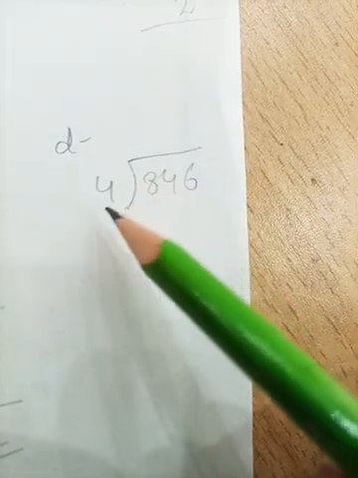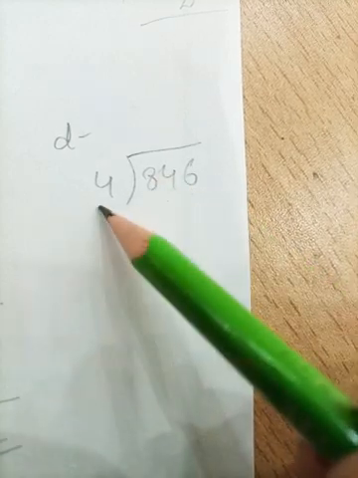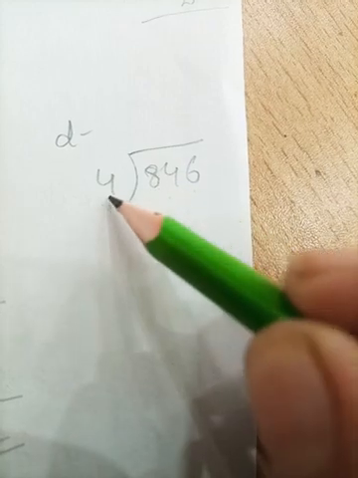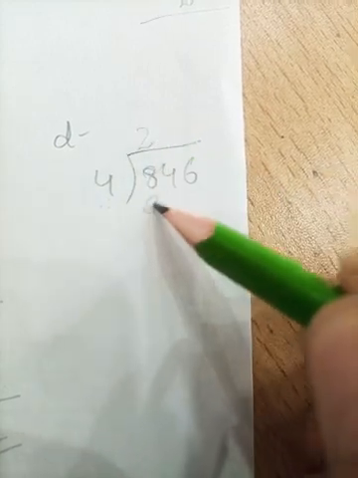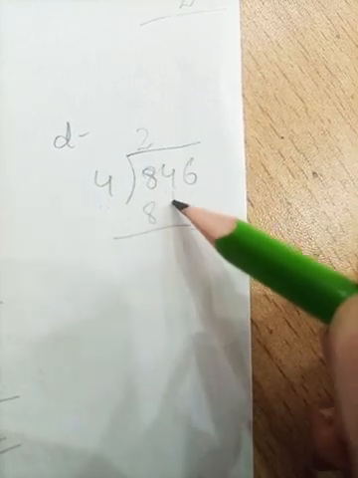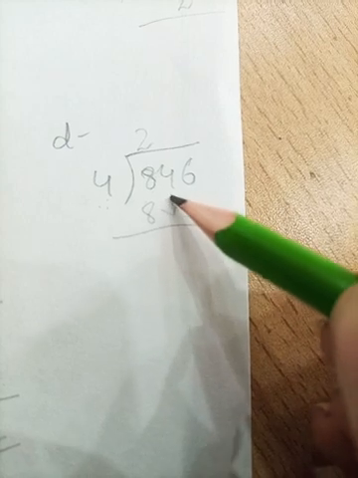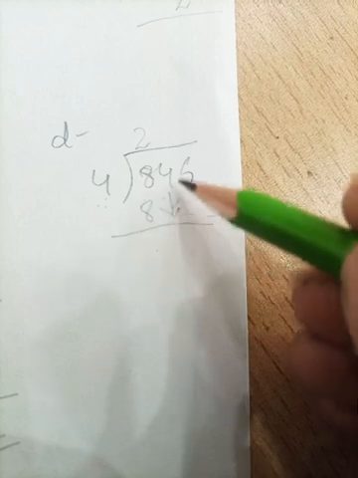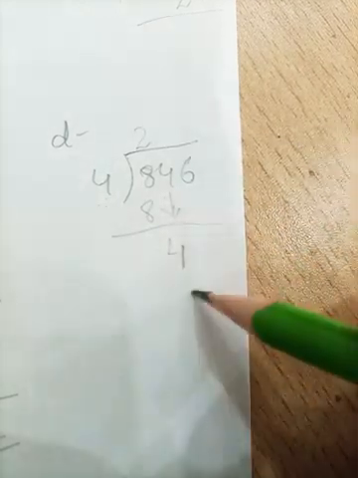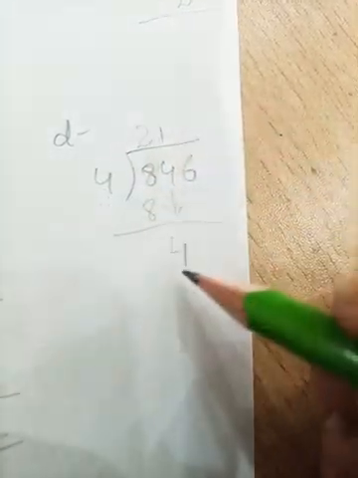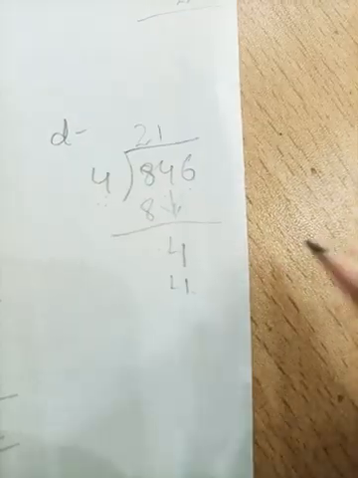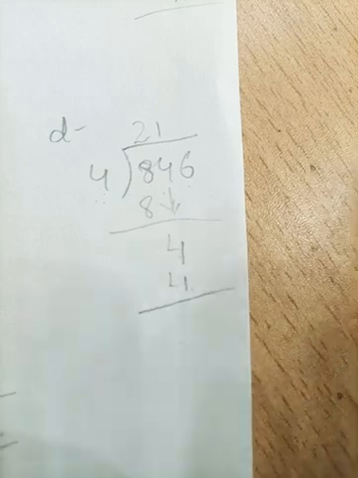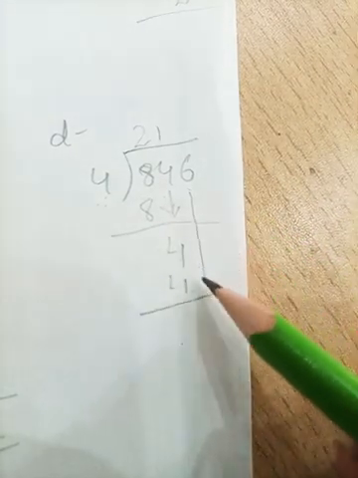In part D, we are going to divide 846 by the number 4. Let's take our first digit. 4 twos are 8. And next I am taking the number 4 down here, because 8 minus 8 is 0. Now students, here I am taking my tens down, that is 4. 4 ones are 4. Okay. In the next subtraction, 4 minus 4, that is 0. So I am taking my 6 down here.